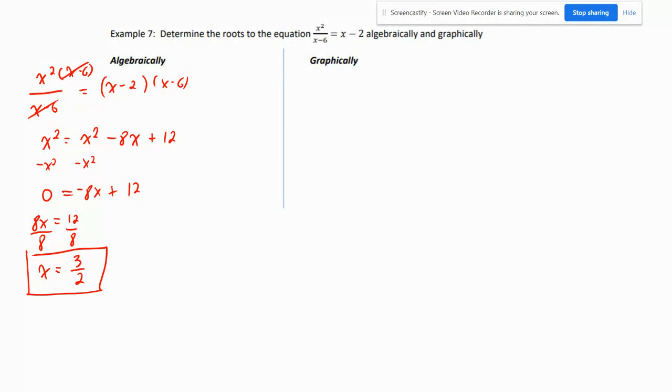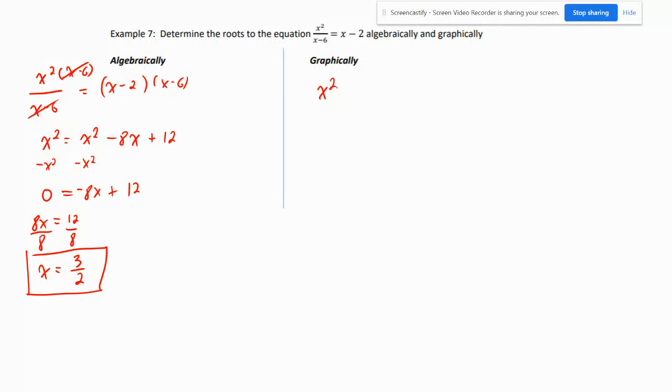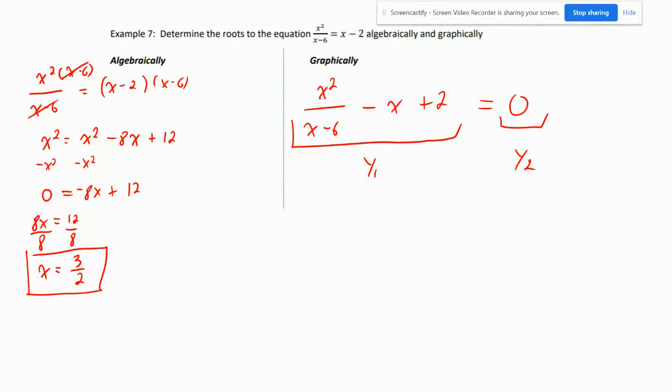Now, solving this one graphically, guys, here's my suggestion. My suggestion is to set one side equal to 0, and that means this is going to be my y1, and this is going to be my y2. The reason why I like doing this, guys, is that your solutions are going to be the x-intercepts of this function, where y equals 0. So it's going to be easier to see them this way. I'm just going to fire this guy into the calculator, and we get